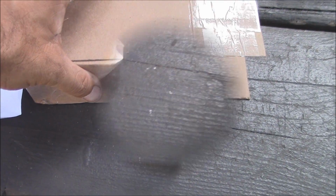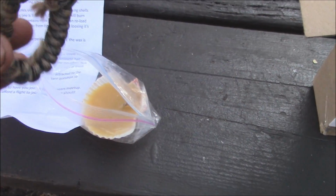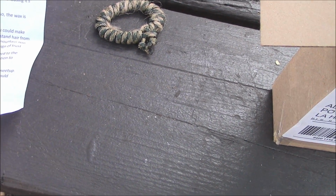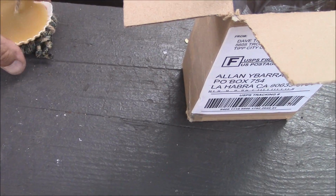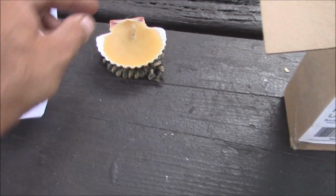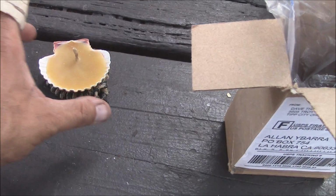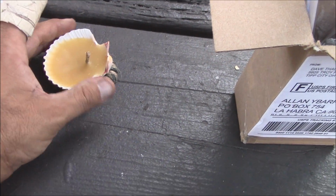Let me show you what's inside. Okay, here's this. Has the jute inside. It's paracord, and that is used for holding that. You get 8 hours of light. I will be using that tonight. Thank you very much. And as for the bear,